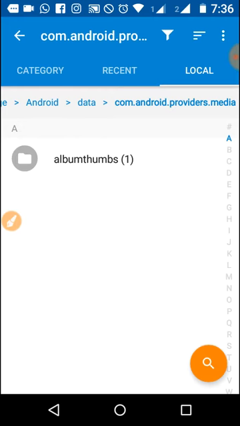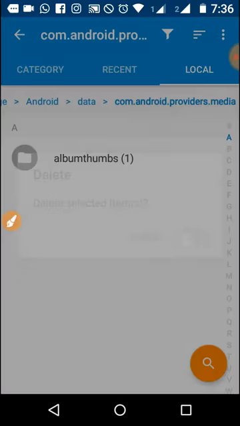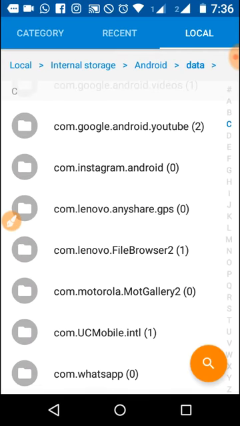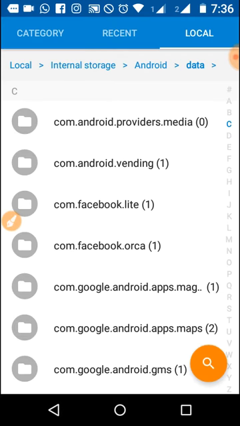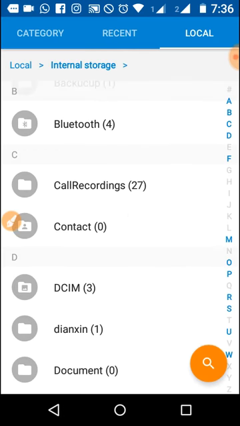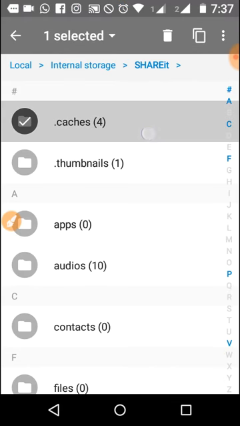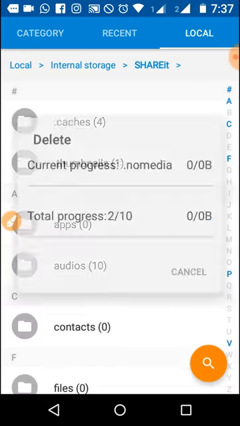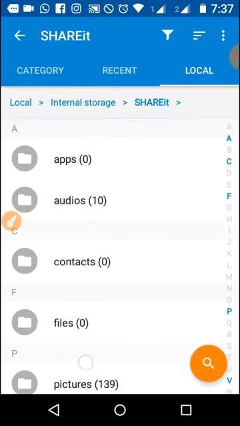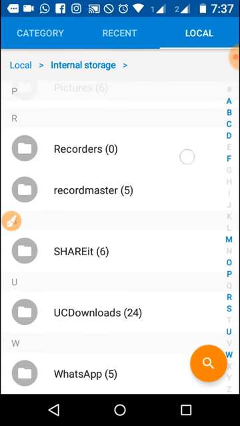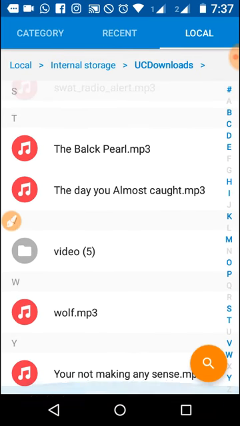All the unwanted files you can find. And in ShareIt, if you're using ShareIt, you will find it. You go to ShareIt, this will be the waste. You have to clear it. It will free up some space in your